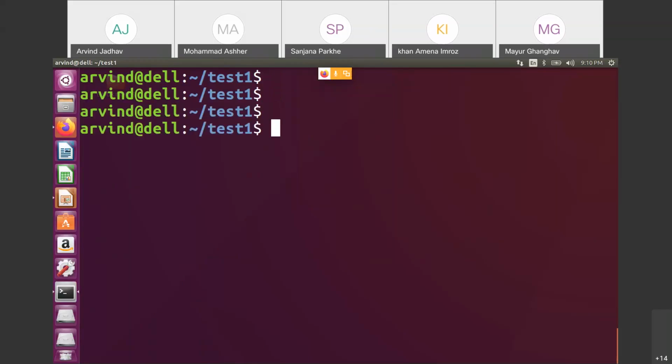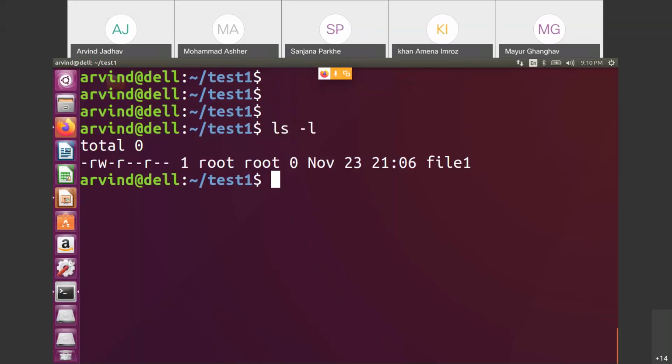So first of all we will change the owner to SCSC. We have a file called file1 and the current owner of that file is root. Now I want to change it to SCSC, so that SCSC student will be able to modify that content. Okay, so how will we change the ownership? We will do it by using a command. Here I will use chown, change owner, owner name as SCSC, and the file name is called